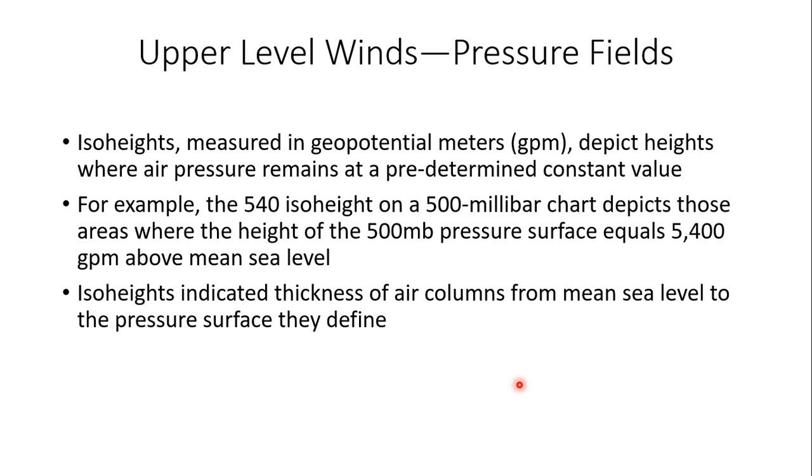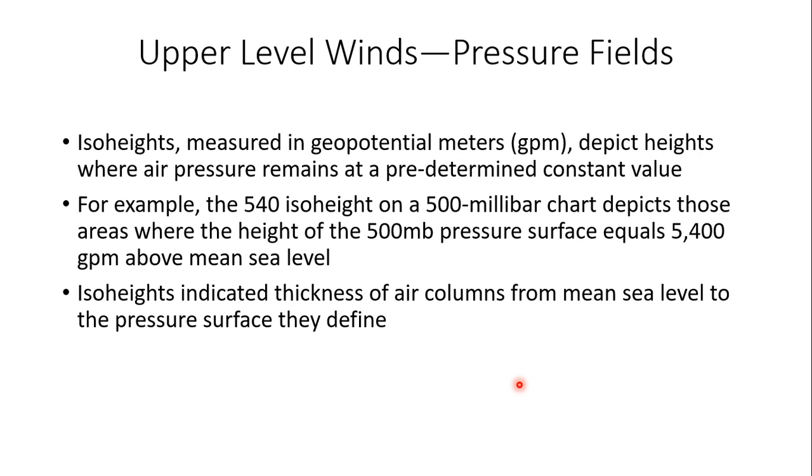Usually we reference the surface as sitting at about 1,000 millibars. And here's the big thing about air columns, and we talked about this in a previous training session, I believe it was part 2. We talked about the height of air columns. Warmer air columns tend to be much taller and expand, whereas colder air columns tend to be much shorter and contract. And when we have higher heights, that generally indicates a warmer air column with greater thickness values,